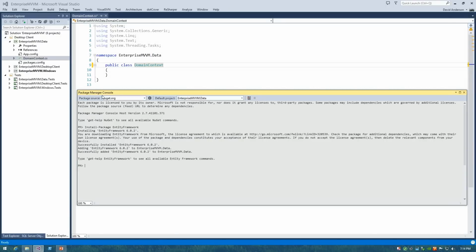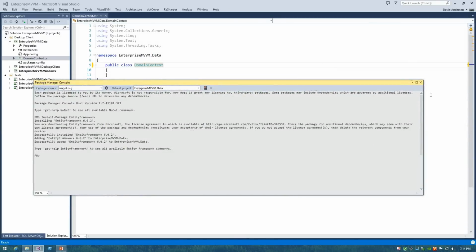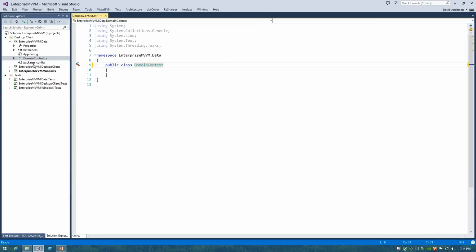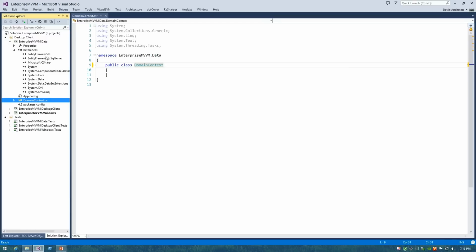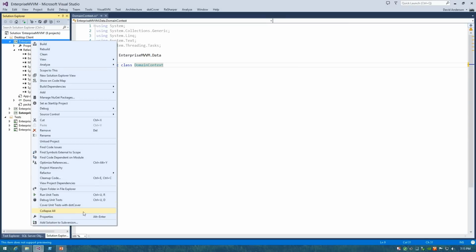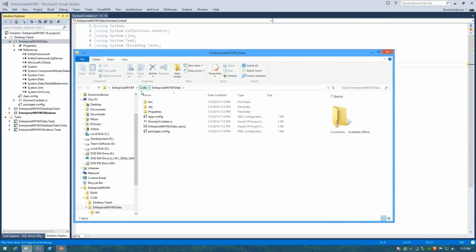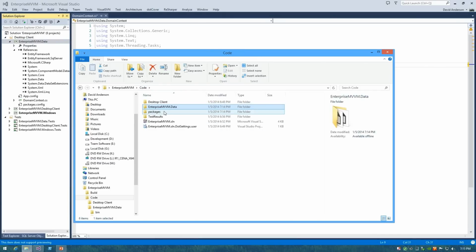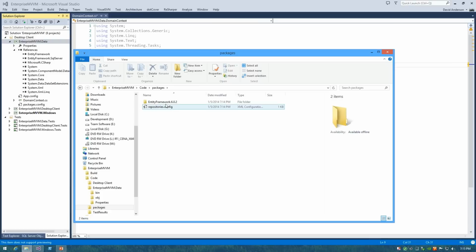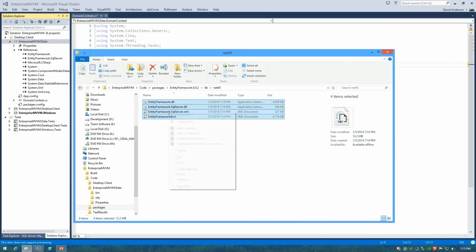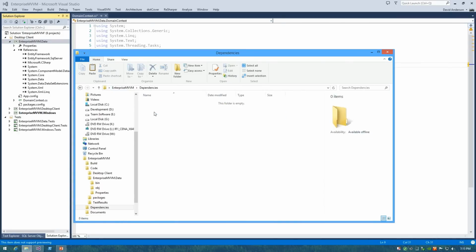Okay. Once we've got that, we're done with the package manager console, so we can just go ahead and nuke that window. So now you can see that it adds a packages.config, an app config, and it also adds a reference to Entity Framework. And if we open up this project in the File Explorer, you notice that in the root of our solution, we have a folder called Packages, and it has our Entity Framework library in there. So since this is a .NET 4.5 project, we're going to take these libraries, remove these out of here, and put those in our dependencies folder,